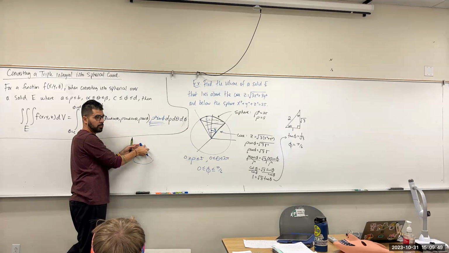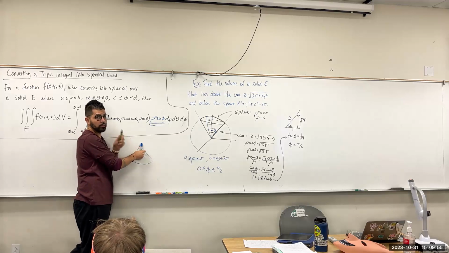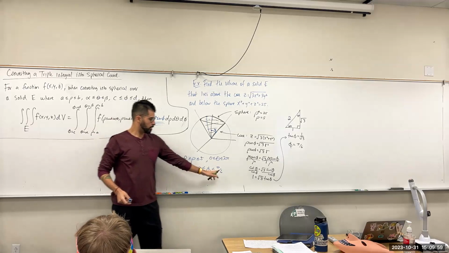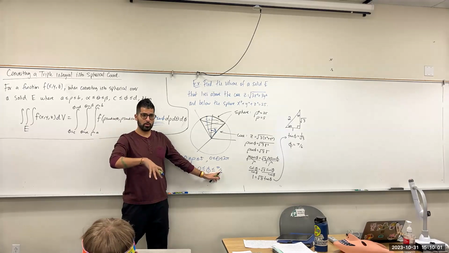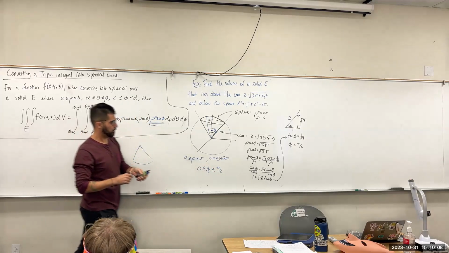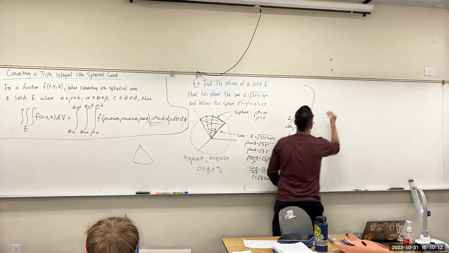What angle is that? 5 pi over 6 to pi, because remember phi goes as high as pi. But no, it's the upward one, so it goes from 0 to pi over 6. So if we put all this together,